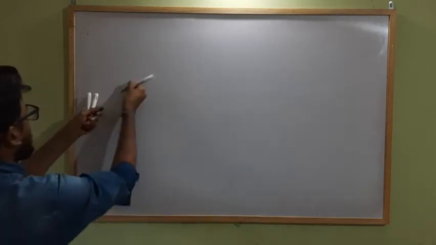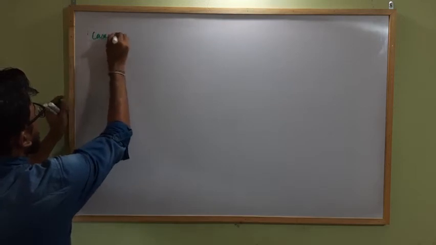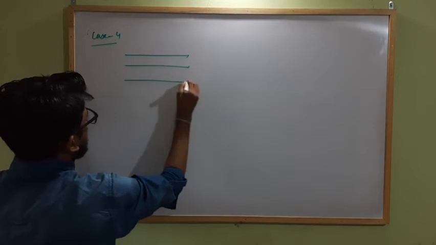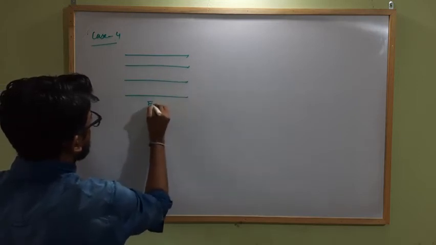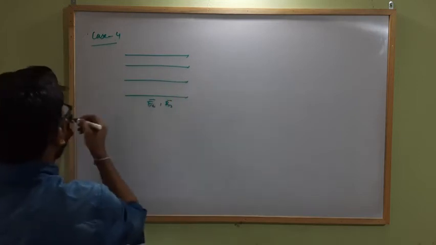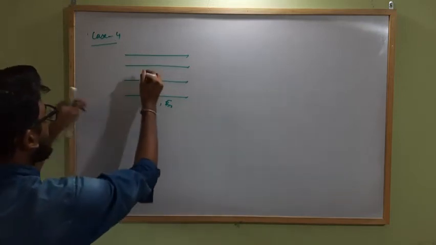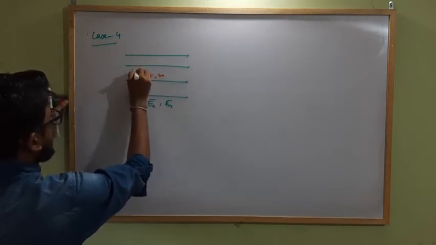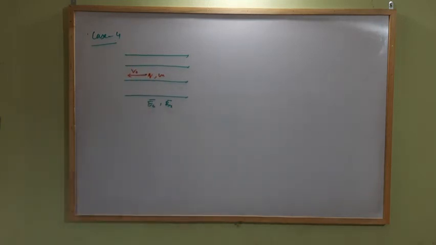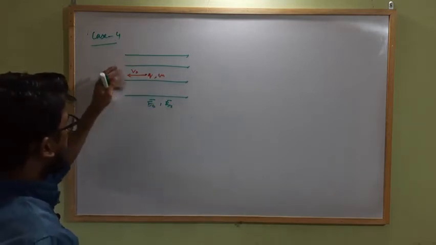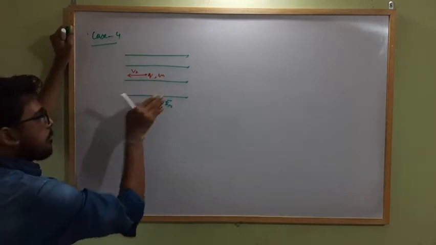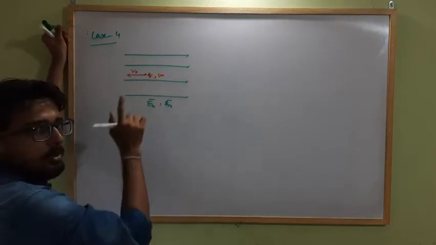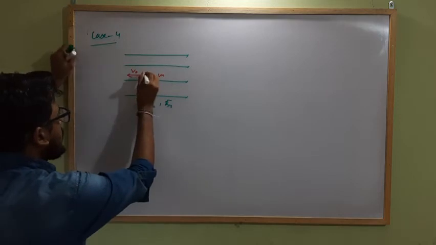What will happen? Case 4. If again the field, both electric and magnetic field, are parallel, and a charged particle q of mass m is projected along this with velocity v. So what will happen? From this we know if this is parallel, there will be no effect of the magnetic field, but the electric field applies a force along this. So the moving charge first gets retarded with a retardation of how much?